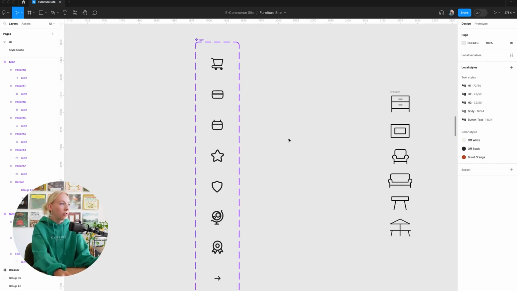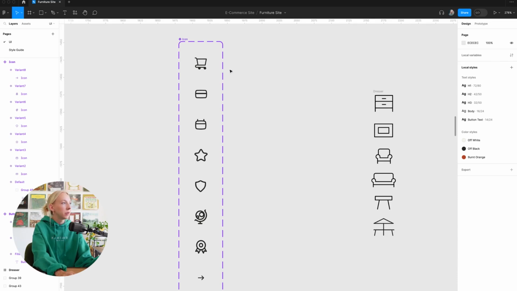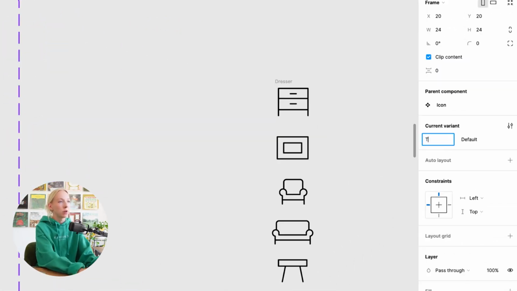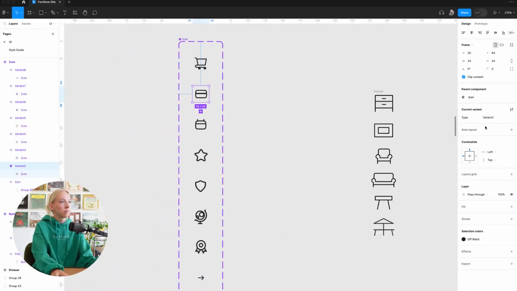Okay, now that I've got all these icons, what we can do is name these appropriately. So again, instead of property 1, we're going to call this type, and we'll just go through and name all of these. So this is cart, this is credit card, this is calendar, we have star, shield, globe, ribbon,